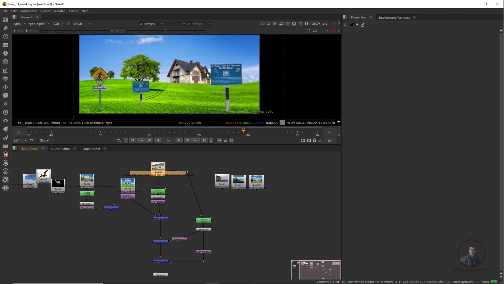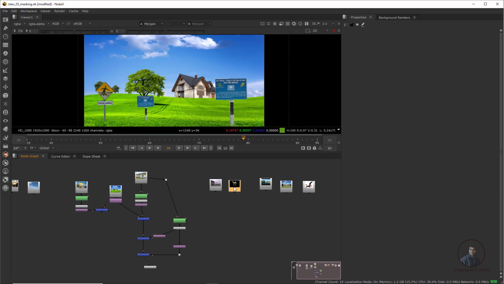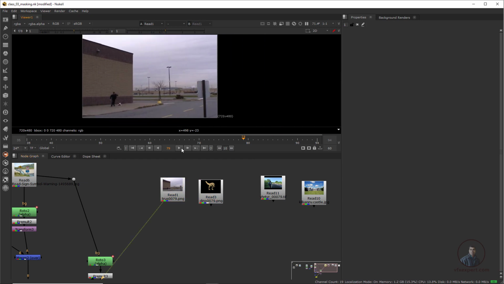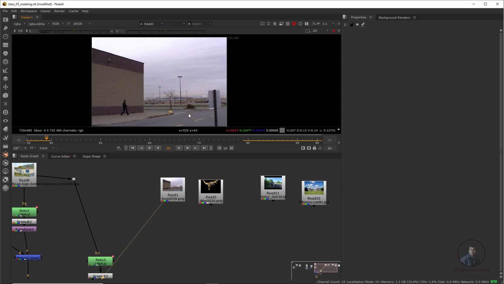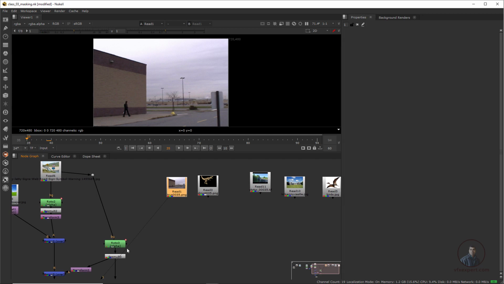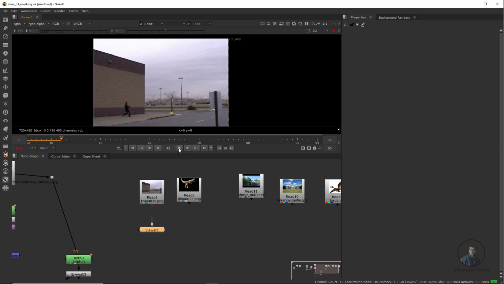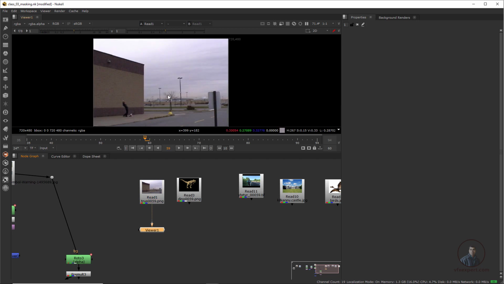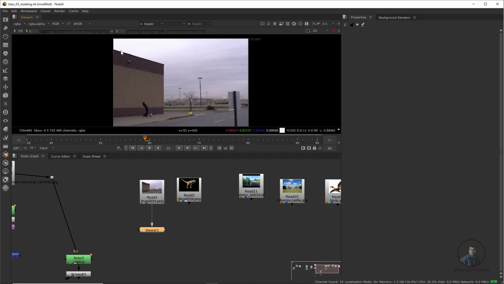Now here is one more example. I am going to show two footages that I have imported here. This is our main background, which is our moving video. Just select input here. This will set the timeline according to this footage. Now play and check this one. We have to compose this dinosaur on top of this background here, but behind this wall. So how can we do all these things?